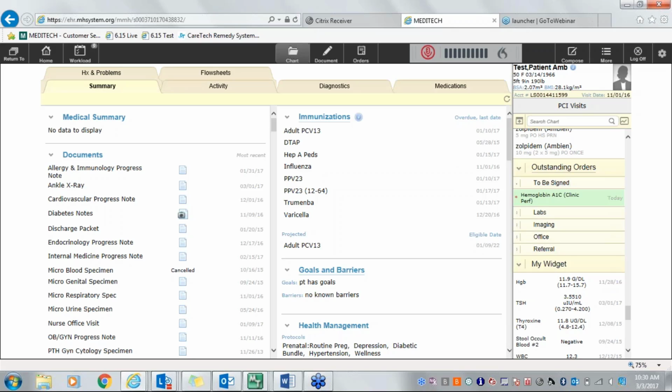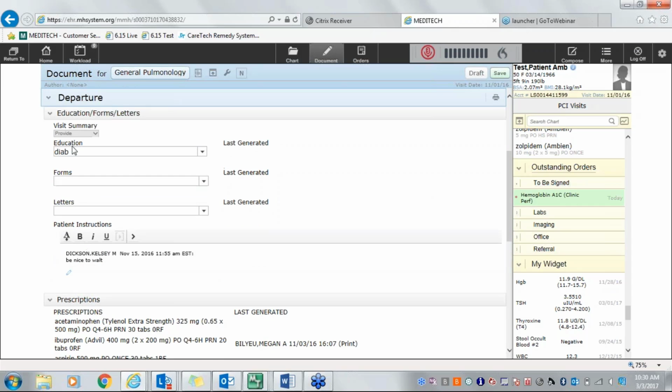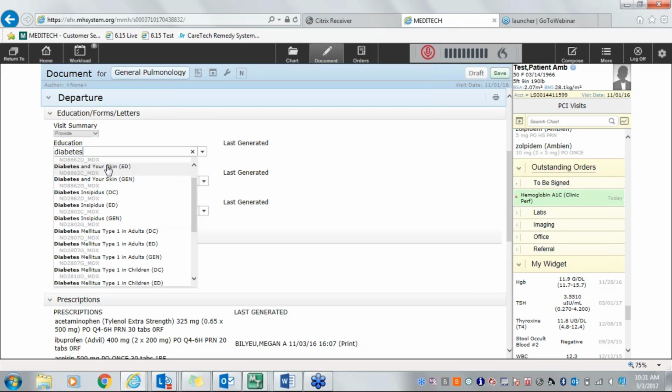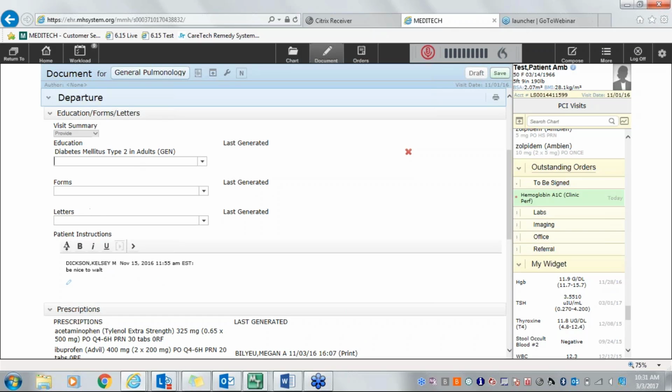Okay, so when the provider is documenting on the patient, after the visit, after they do the assessment and plan, and the patient is getting ready to leave, they can click into the departure, and if they want to provide diabetes education, they start to type diabetes, hit the drop down, and it'll list all the diabetes education that we have available in our system. And they can select it from there,